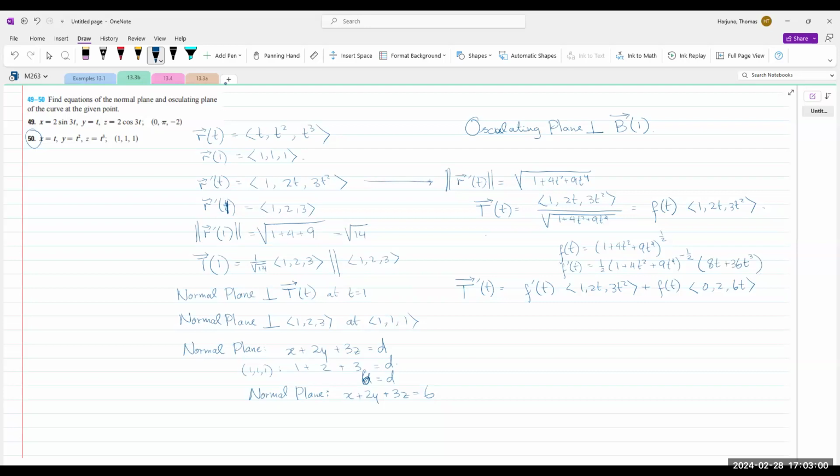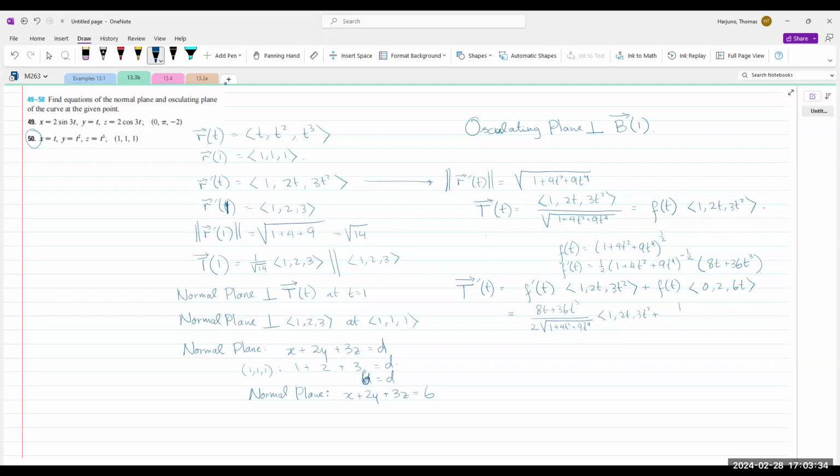It's quite ugly, huh? So it will be 8t plus 36t cubed over 2 square root of 1 plus 4t squared plus 9t to the fourth, times 1, 2t, 3t squared plus